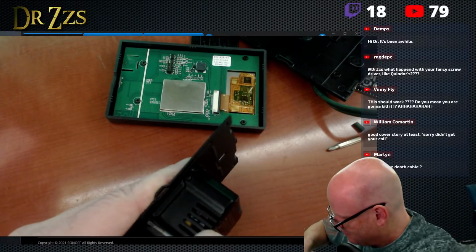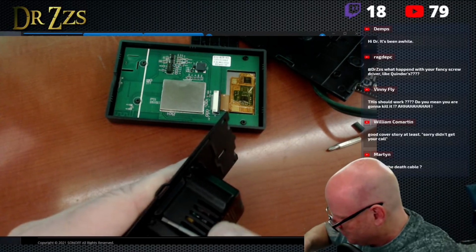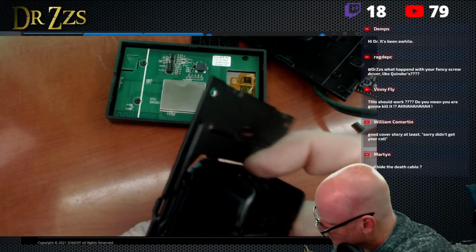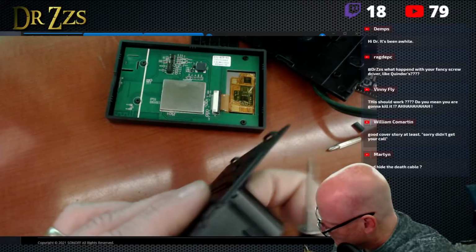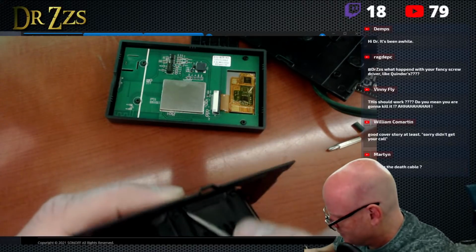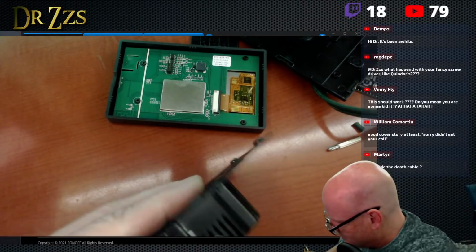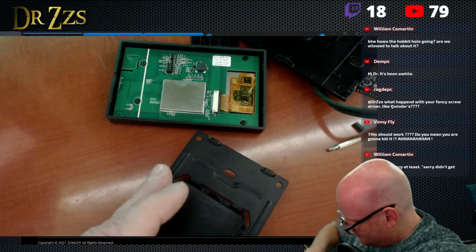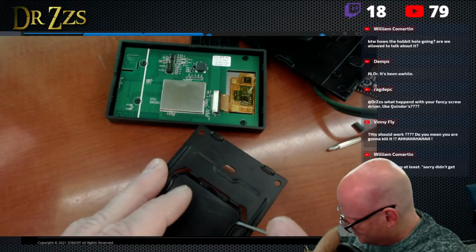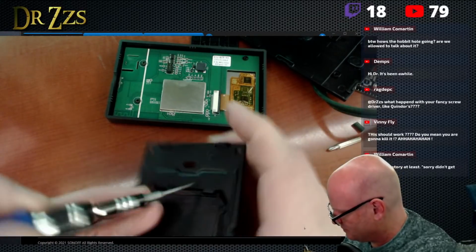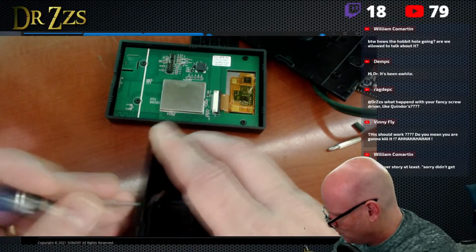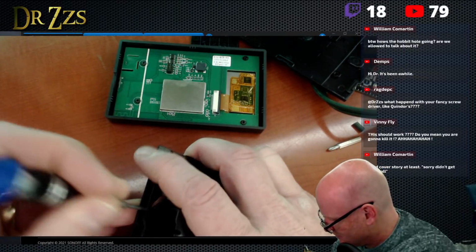No. Yeah, it looks like it just snaps in. I need 4 hands. I need 2 to pull on this, and then 1 to push down on this.